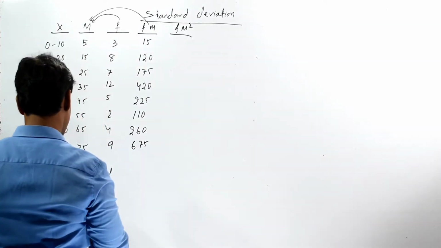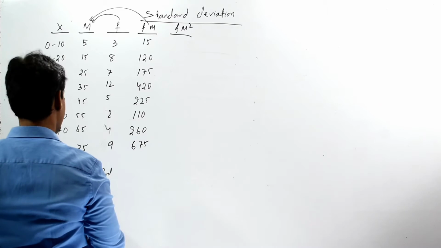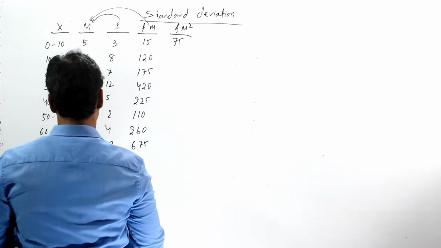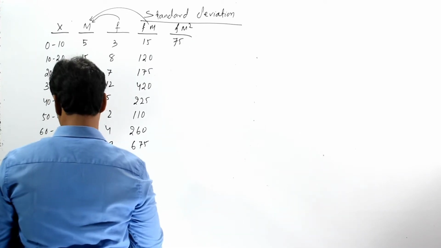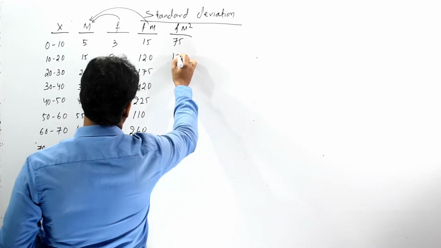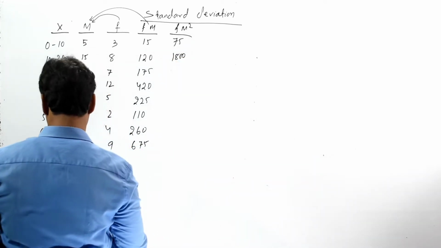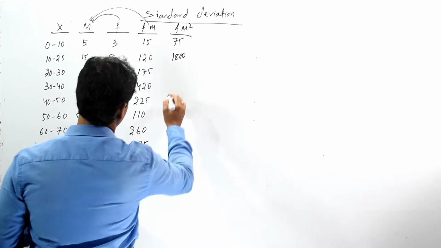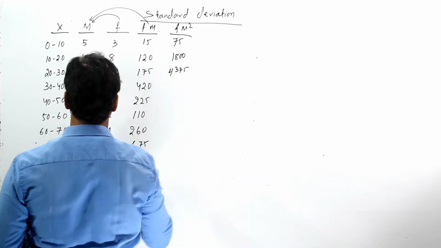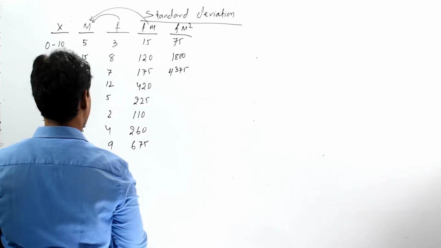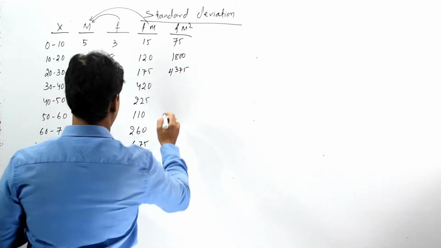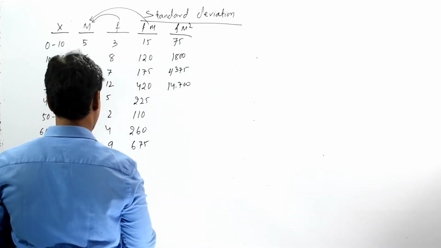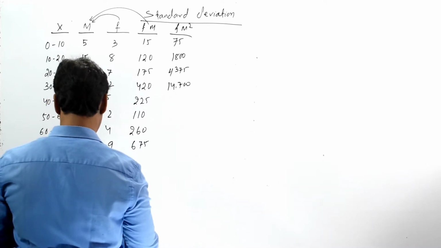So the value of fm square: 15 into 5 equals 75, 120 into 15 equals 1800, 25 into 175 equals 4375, 35 into 420 equals 14,700, 45 into 225 equals 10,125,